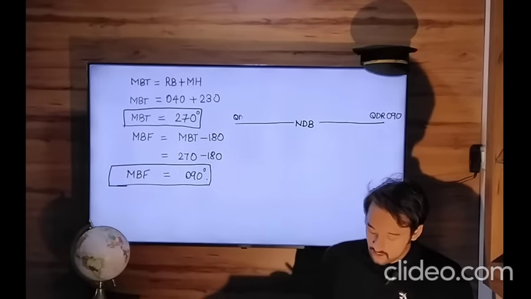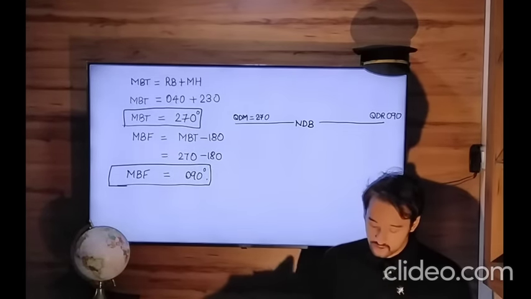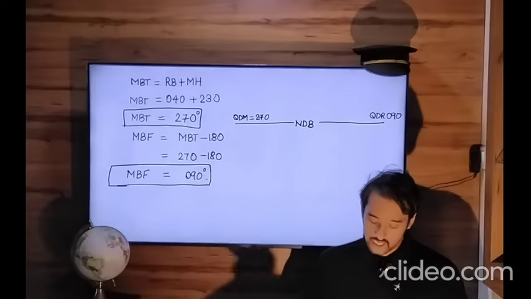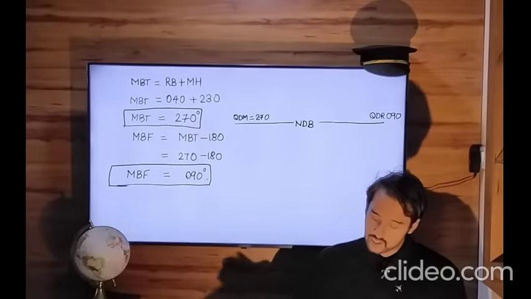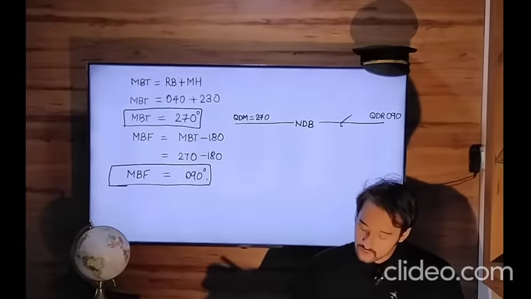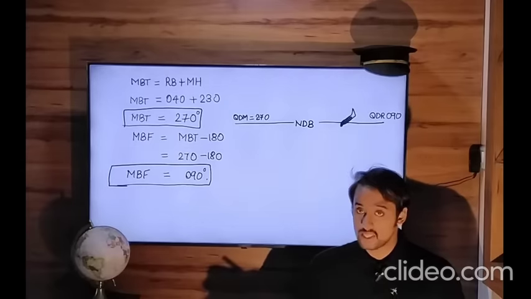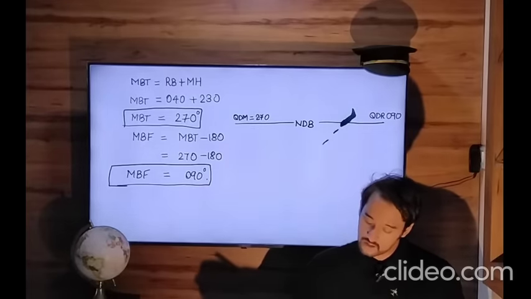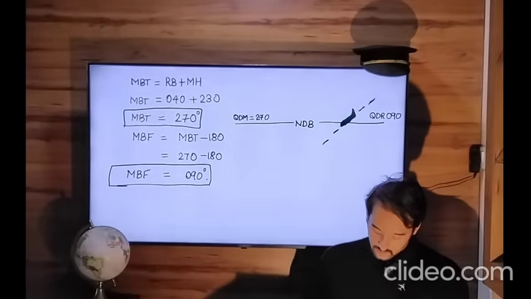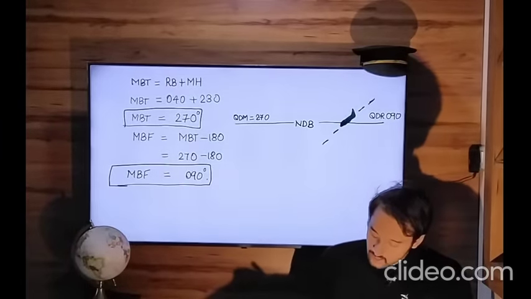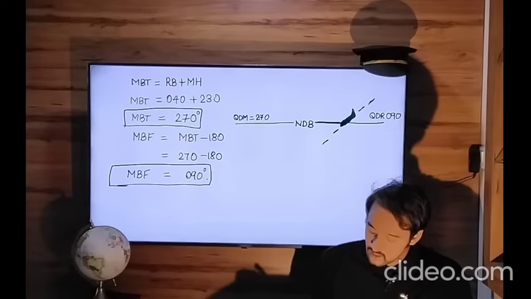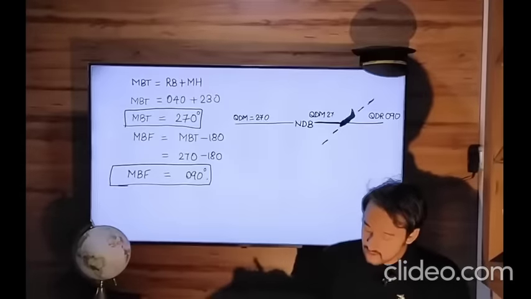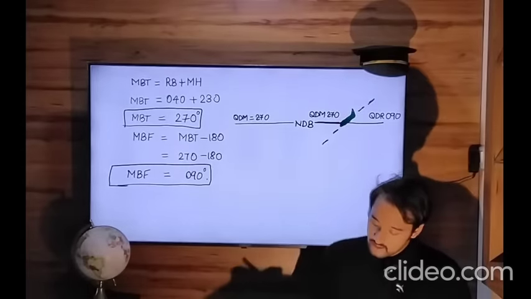QDM, that is track towards the station, 270. Aircraft is headed at a magnetic bearing of 230. Aircraft heading is 230. 230 is a southwest heading, so I am drawing this diagram somewhat like this. Track towards the station is QDM, same 270. Away from the station is QDR. Heading is